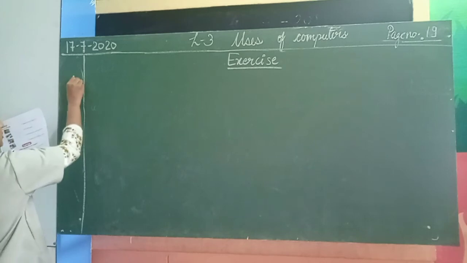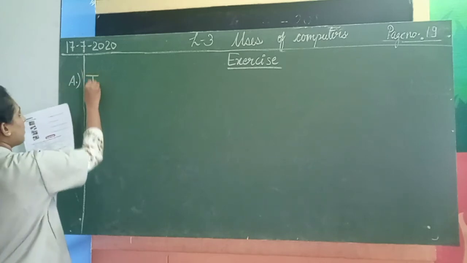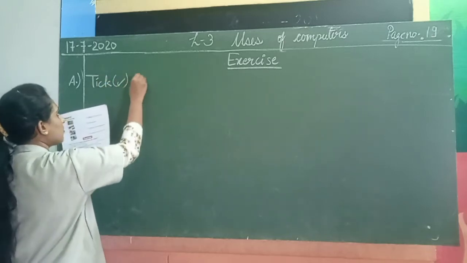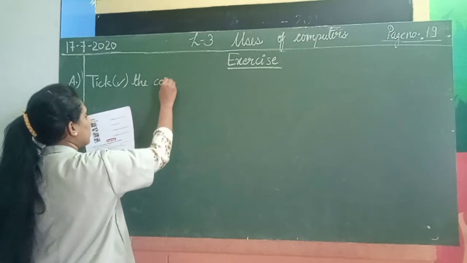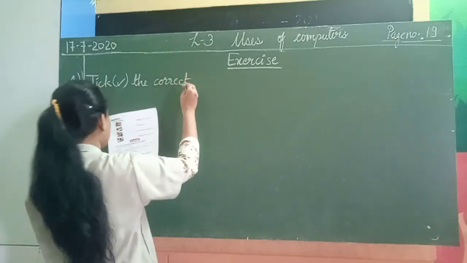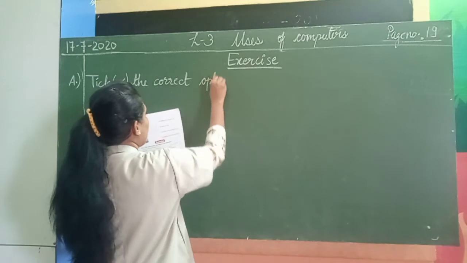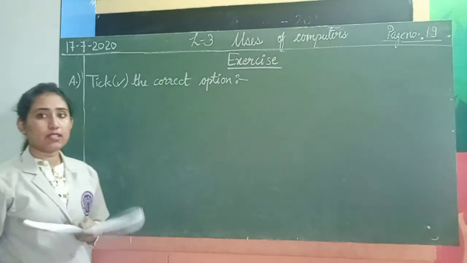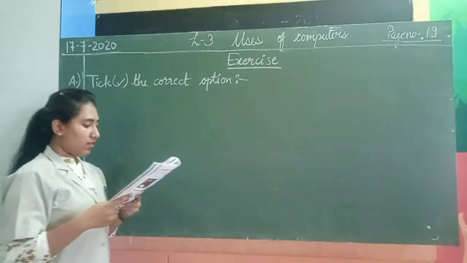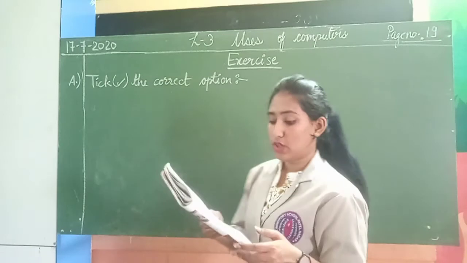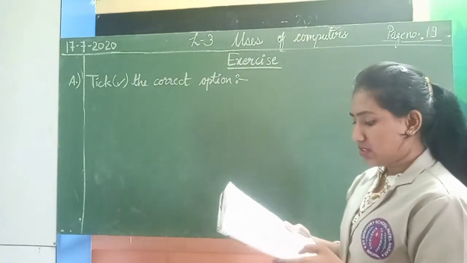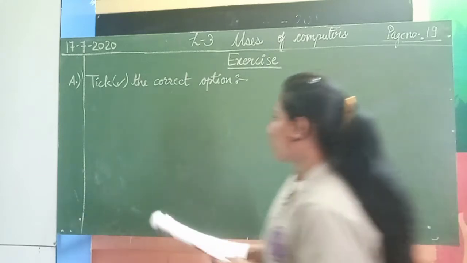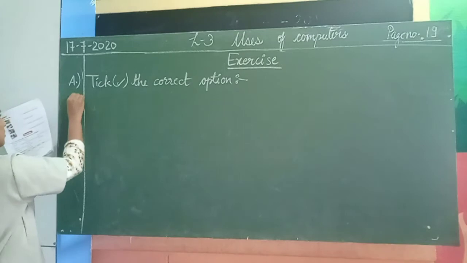Okay, so the first question is, tick the correct option. Okay, so the first question is tick the correct option. We are given 3 questions, and each question carries 3 options. We have to tick on the correct option. Okay, so I'm going to write down the first question. First question is,